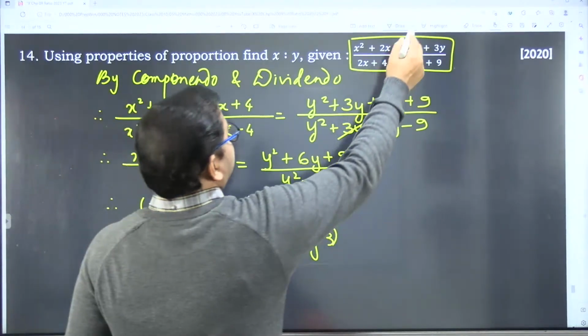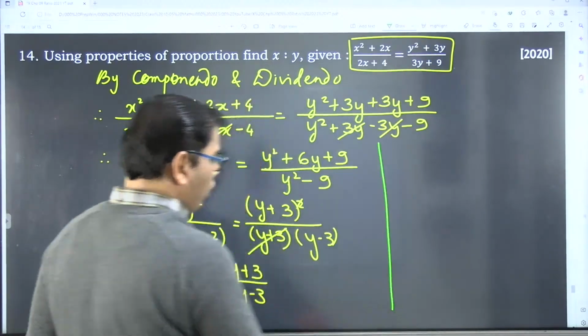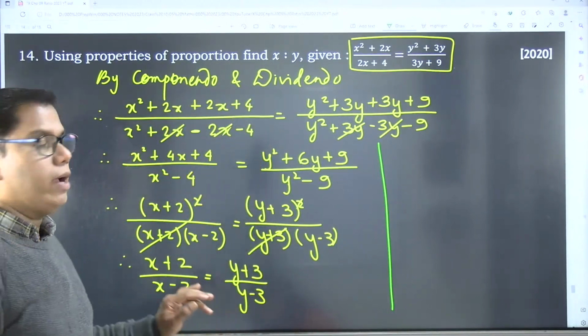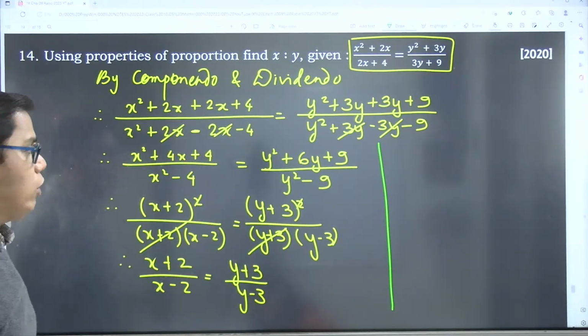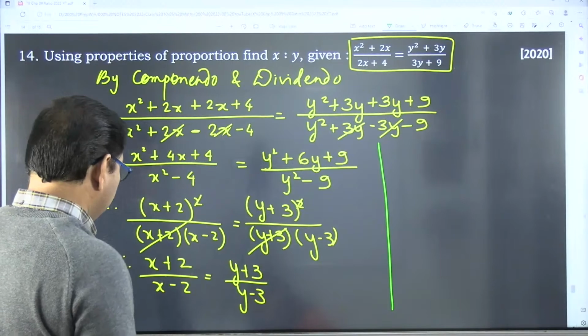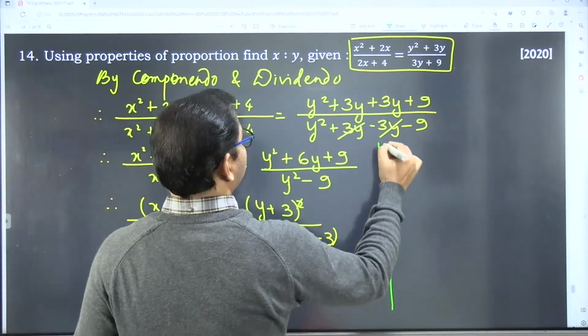You can, again I am saying, you can solve this by some other method also, by only componendo or dividendo, but मैं आपको ये बताना चाहता हूँ कि कुछ नहीं समझ में आएगा, just start with componendo and dividendo, most likely you will get the answer. Okay, now what, again componendo and dividendo.